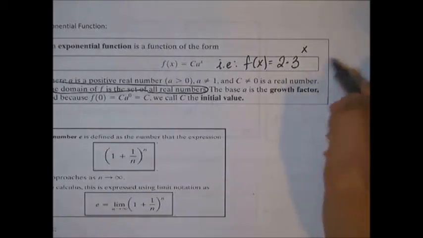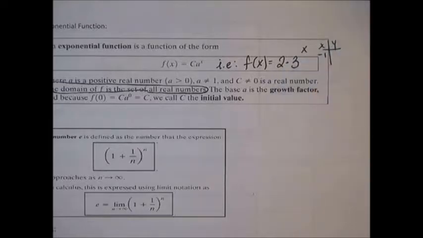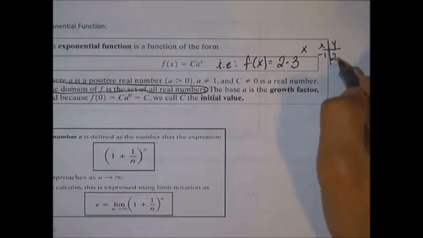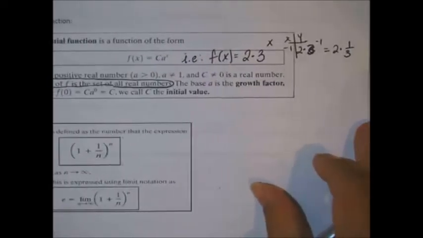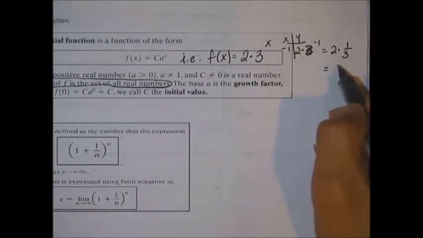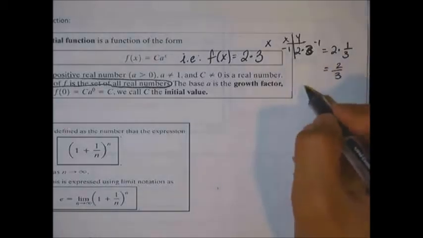If x is negative 1, then you would have 2 times 3 to the negative 1, which is by definition 2 times 1 over 3. Oops, you can't see that. This is now 2 over 3, okay, which is smaller. How about when x is